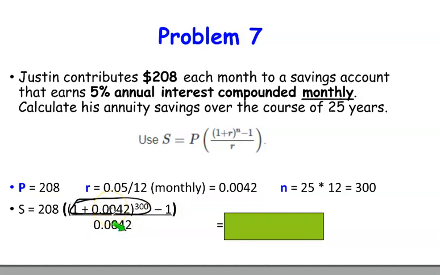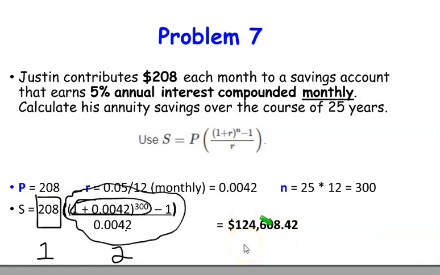Okay, so I recommend if you have to do it in parts, remember part 1 and part 2, we talked about this. Okay, so this is 208 times all of this. But you have to find this amount first. Okay, so use your Desmos calculator. That's how I would do it actually. I would do it in parts. Okay, so this is like part 1 and this is part 2. And then multiply part 1 and part 2 together. And when you do that,